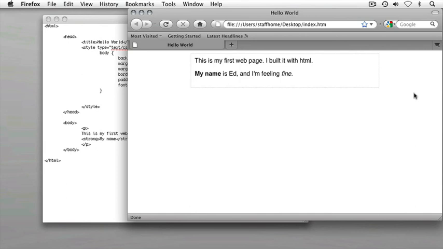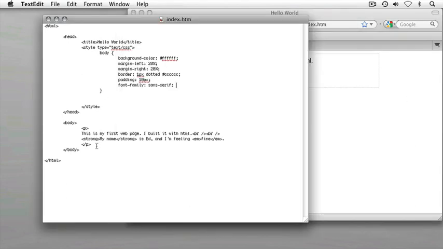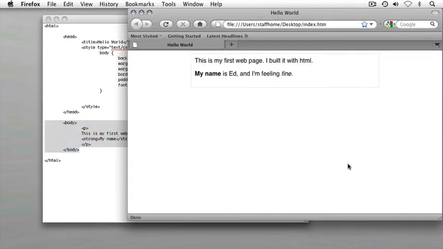If I look back at my HTML code, we didn't change anything inside the body tag. We didn't change our paragraph element or the bold or italics text. We didn't change anything about this code, which was necessary to get the content onto our web page. However, now, if I switch back over to my web browser,